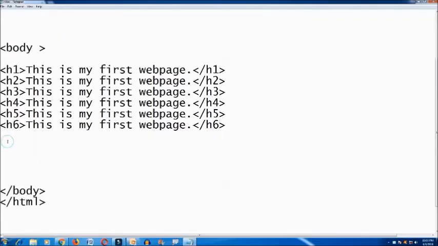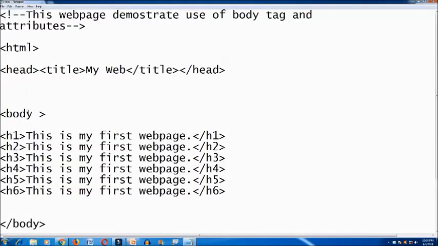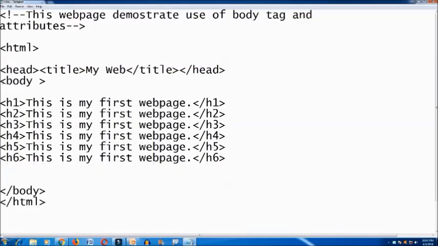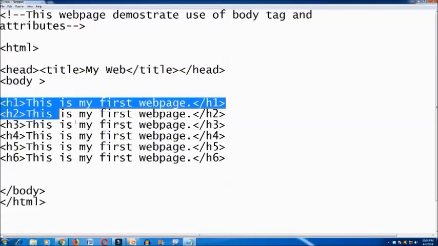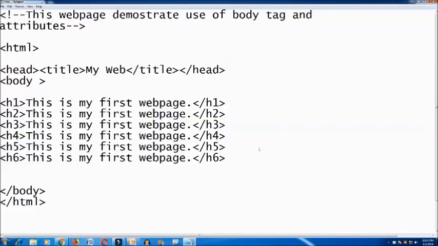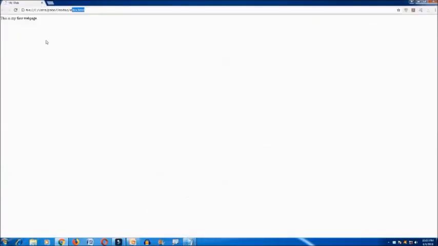Okay, so see here your heading tag is ready. Yeah, so just now we have used this heading tag. Let us see. I have saved it, minimized it, so it is your page. I'm gonna refresh this web page. See here, it's your heading tag. It's heading number 1, biggest heading, and in the same way the headings are reducing,